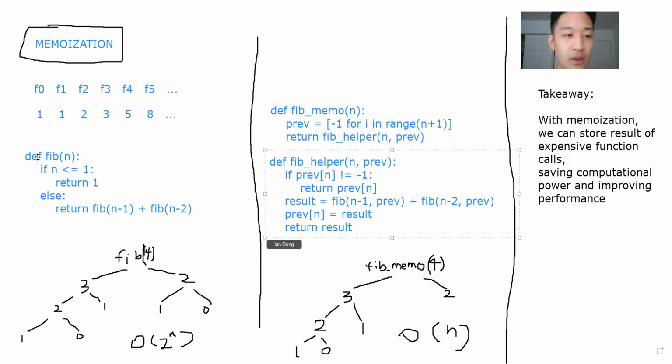So here's the basic Fibonacci code. It's similar to what I said earlier. If n is less than the first number, we just return one, else we recursively calculate the previous two numbers. And down here,